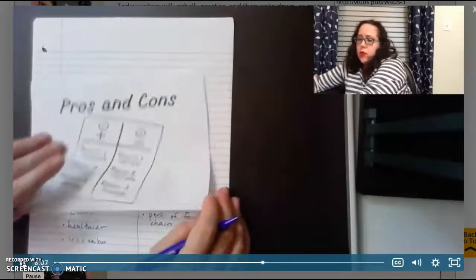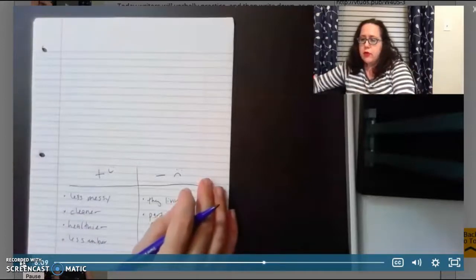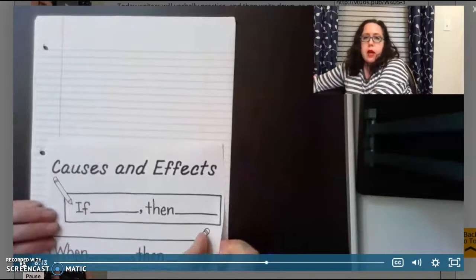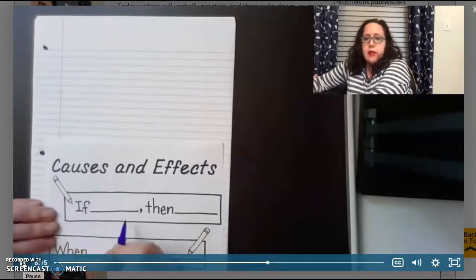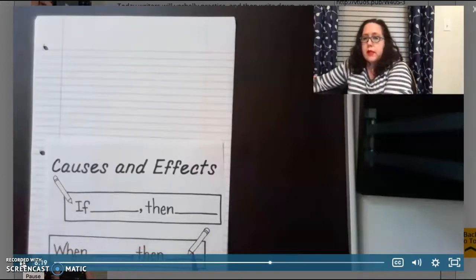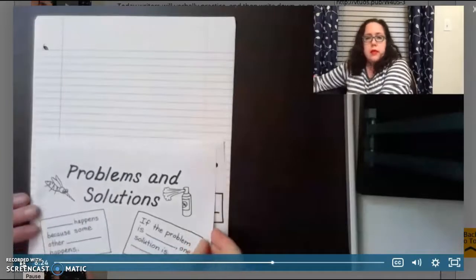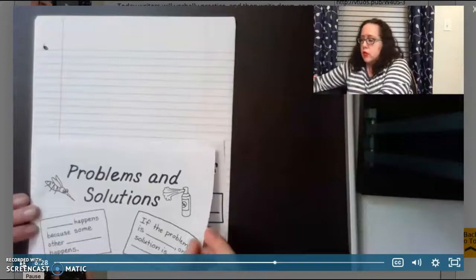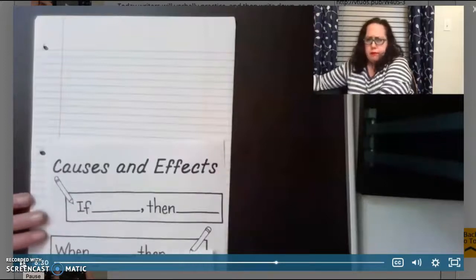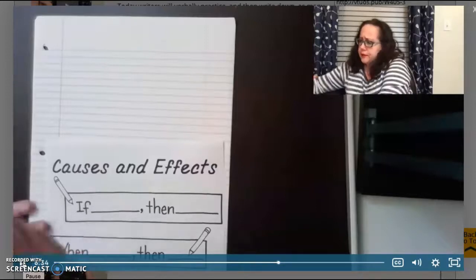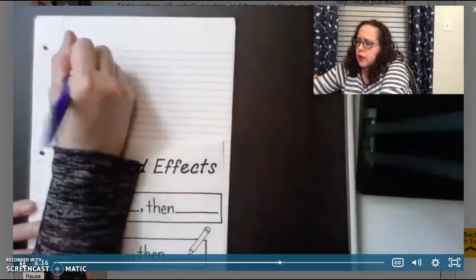Now let's try one more structure before we go. We can think about causes and effects. If this happens, then this happens. When this happens, then this happens. Or another way to look at that is problems and solutions. If the problem is this, then the solution is that; they're sort of related. I'm going to go with the if-then. So I'm going to put up here